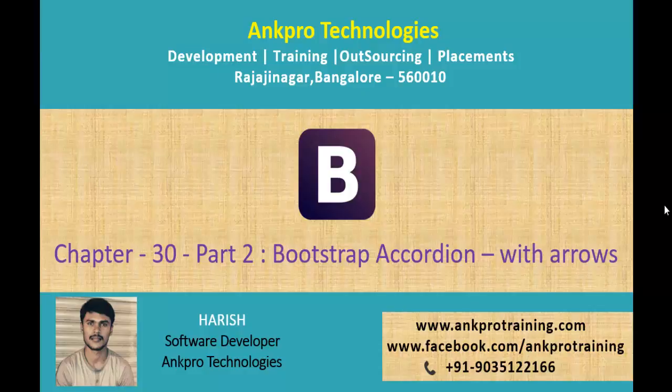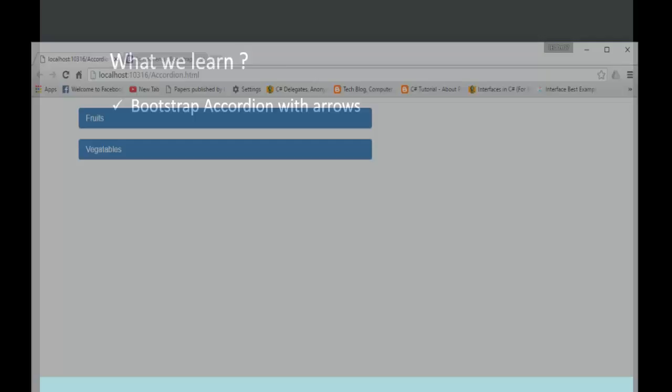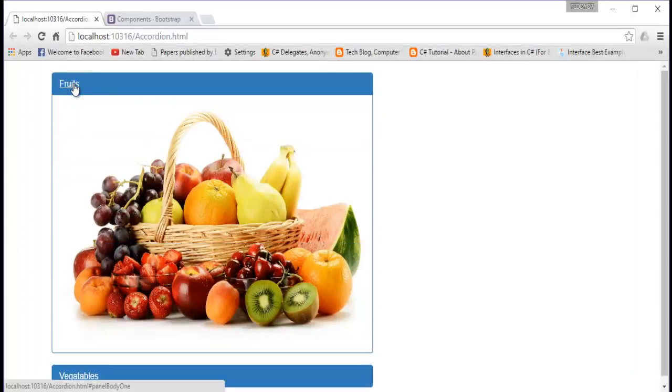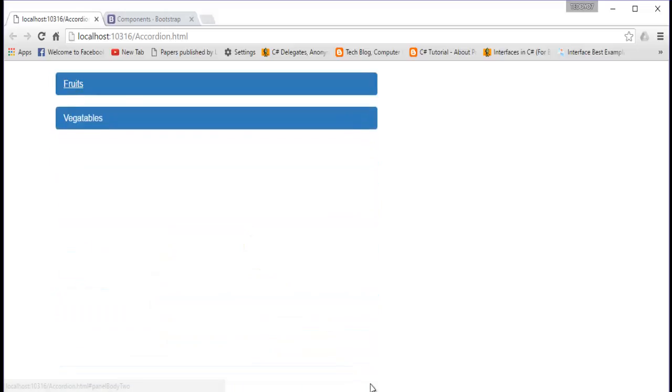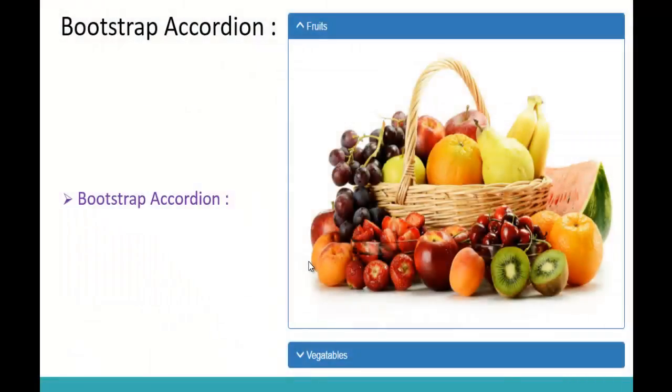My name is Harish. In this session, we will be learning how to work with Bootstrap Accordion with the arrows. In the last session, we learned how to build accordion with the images as well as with the content, and this is the demo of it. But as of now, in this session we will be learning how to build accordion with the arrows, and